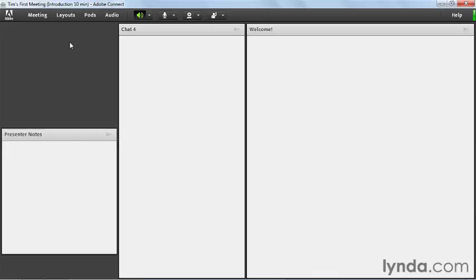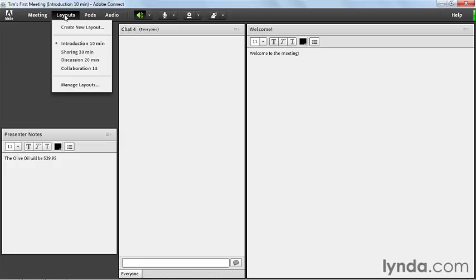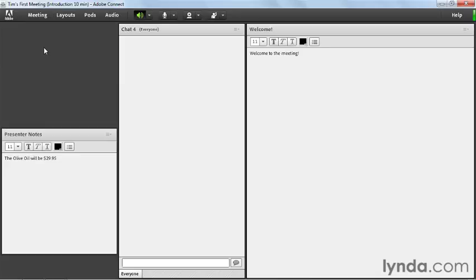Well, it turns out that you can do a very similar thing among meetings. What I want to do is create a series of meetings that work and look exactly like this one. And to do that, I need to build a template. The good news is that a template inside Connect is nothing but a meeting. So the first step to creating a template is to set up a meeting the way that you want your meeting to work. So in this case, I've already got some layouts set up,